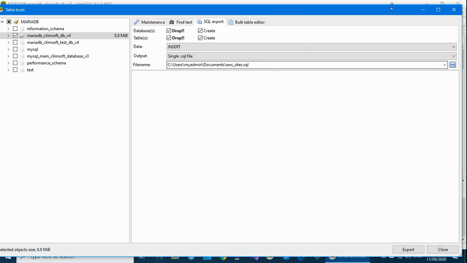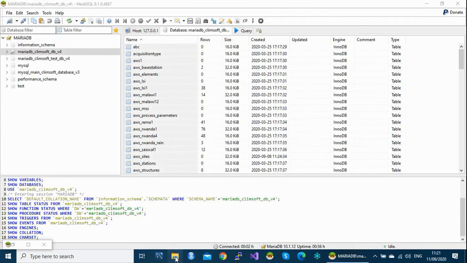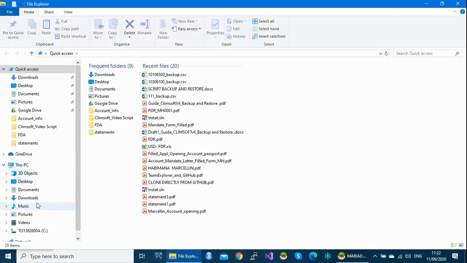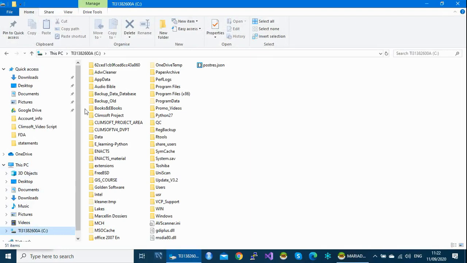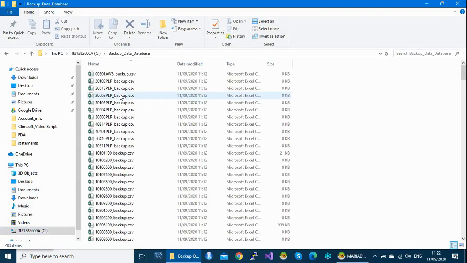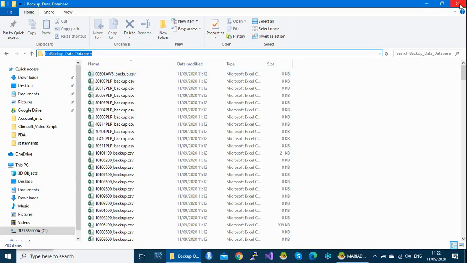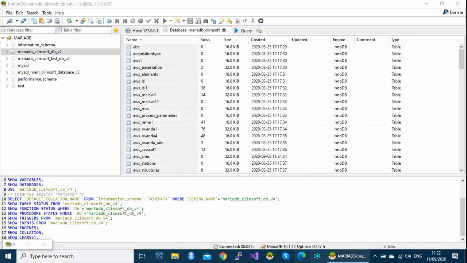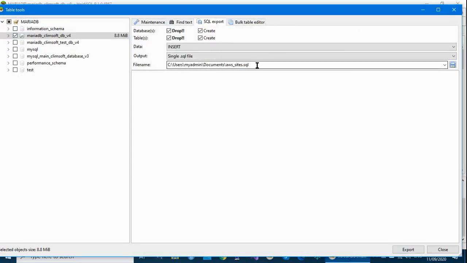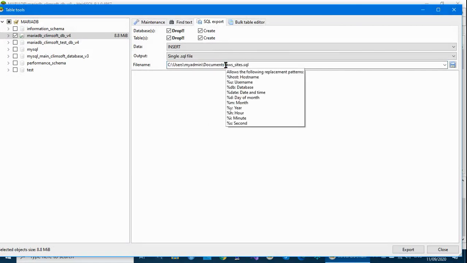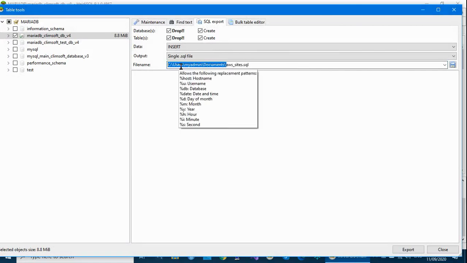In this case, if you minimize a bit and go back to your path under C, this folder, copy this path, and then come here, close this one, and select up to here, and paste it here.